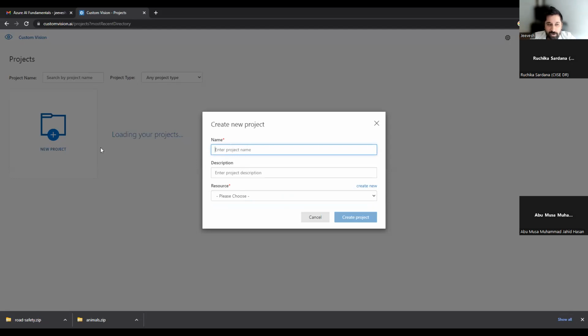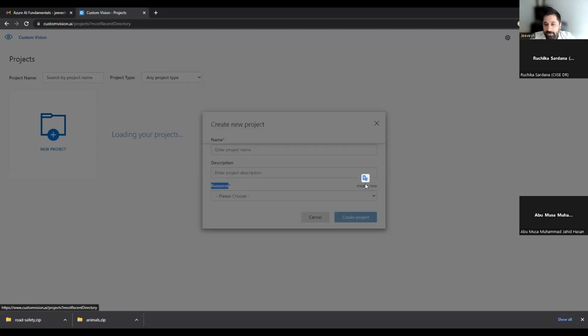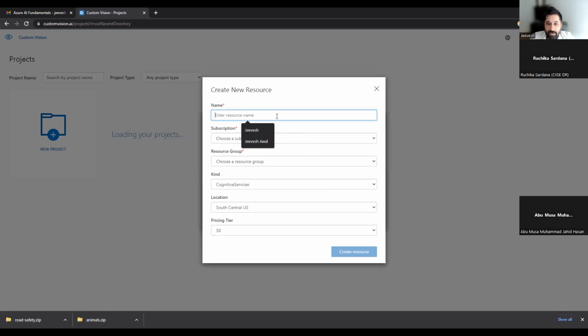So the first thing you have to do after clicking on new project is you need to create a new resource. So there's an option of create new. Click on create new. And let's start by giving this a name. So the name to this resource could be custom vision. And I want it to be a little different so that I can go and delete the group once I'm not using it. So let me call it custom vision PCSGA